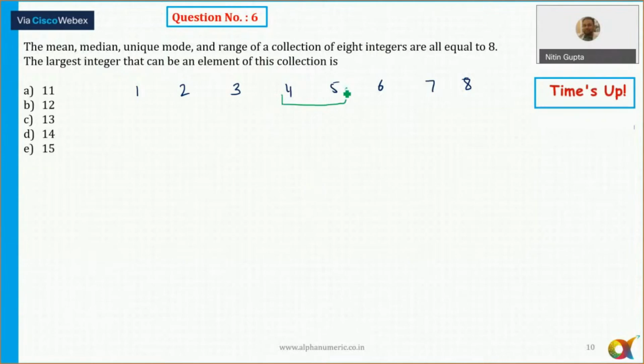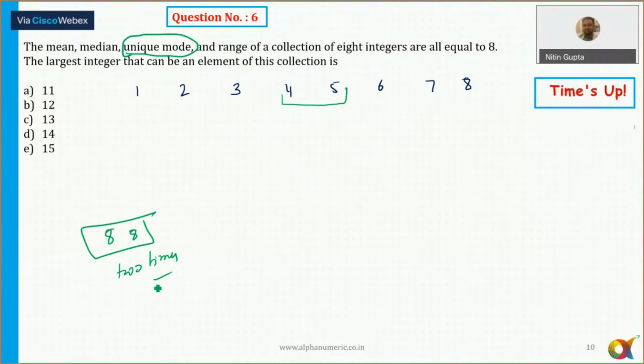All right. And can I say in that case, these two terms must be equal to 8? The average of the two terms is equal to 8, and we know that the median is also equal to 8 here. Okay, so since remember the mode is unique, we can definitely say that 8 is appearing a minimum of two times. Then only it can be the mode. It can't repeat exactly one time.